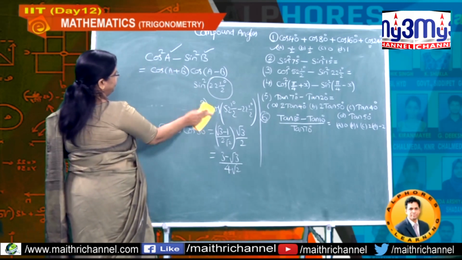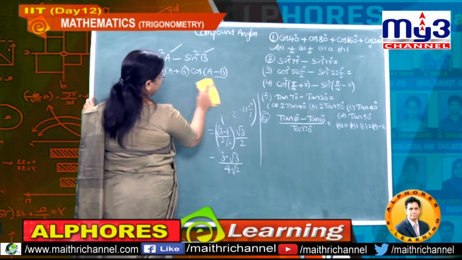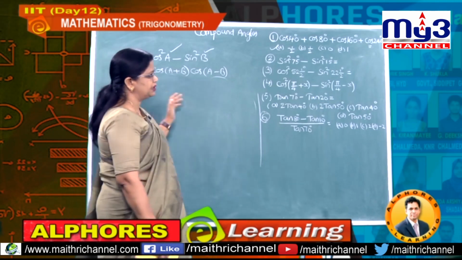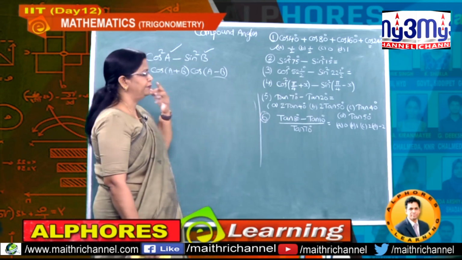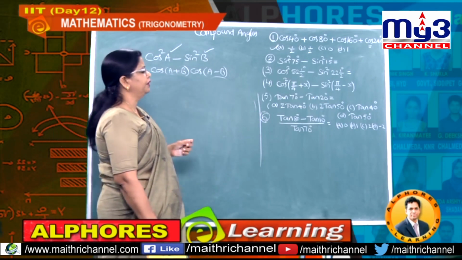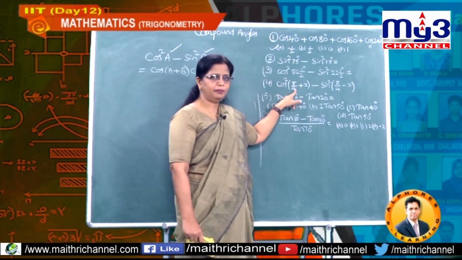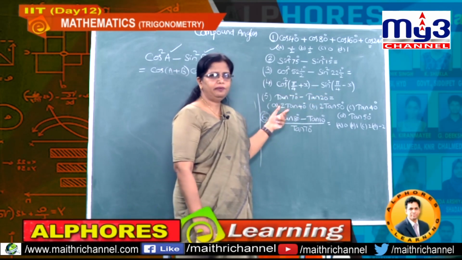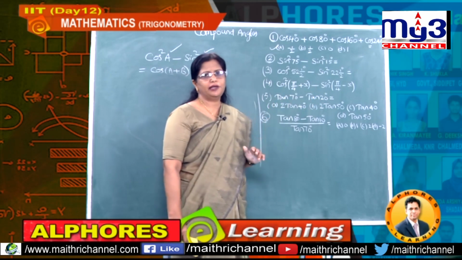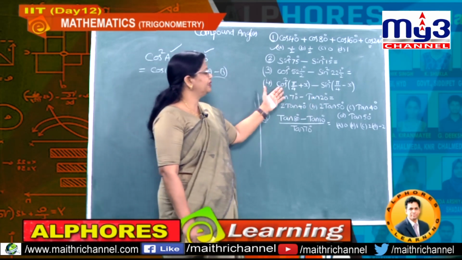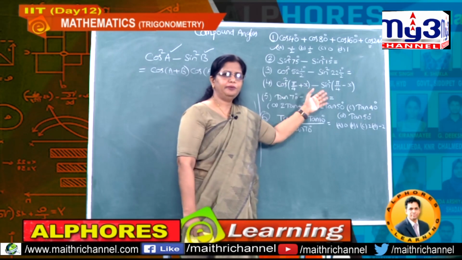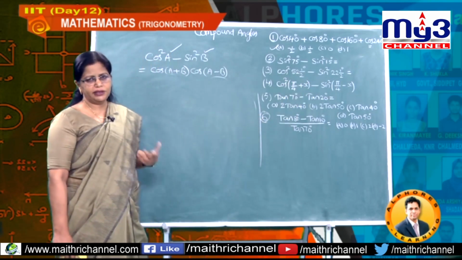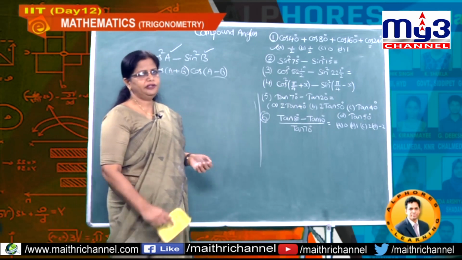Even in this problem, if I observe the options and they are not in terms of x, you can just take x as 0. Understand? So, if you take x as 0, then what is the value here? Cos square pi by 4 minus sin square pi by 4, and at pi by 4, cos and sin are both the same. Hence, what is the answer? This is 1 by 2 minus 1 by 2, that is 0. So, even if you put 90 degrees, 30 degrees, any of the values you can put.